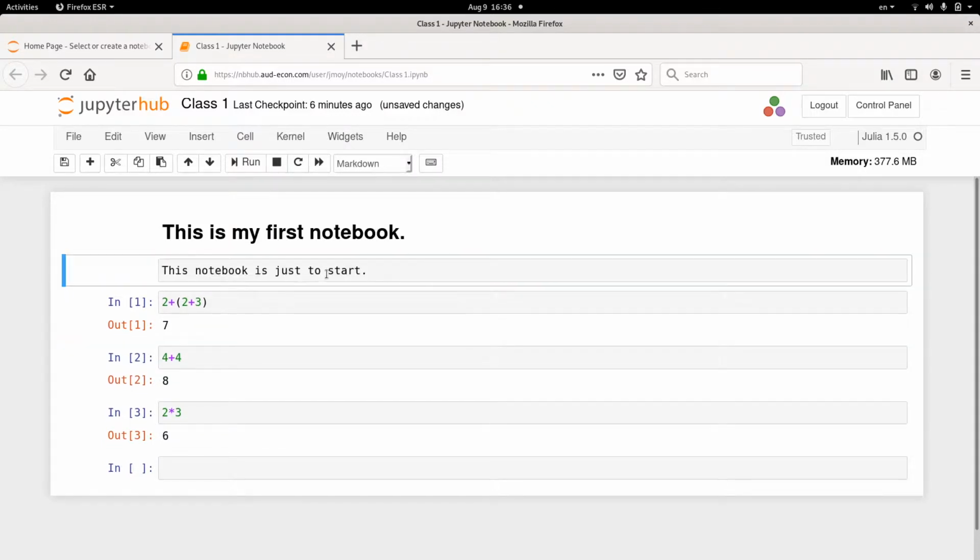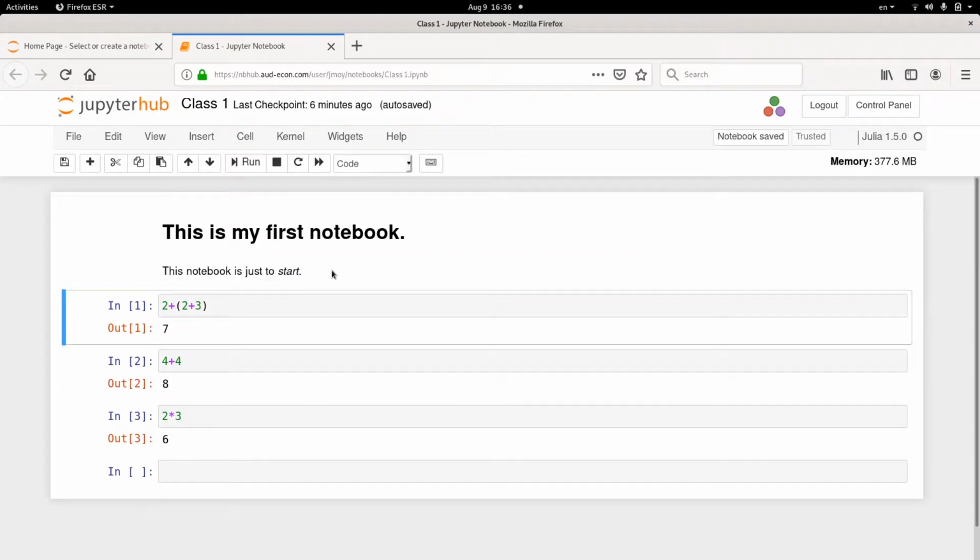So go to Wikipedia and look up markdown, and that will tell you all the kind of codes that you can use. So say put a star against start. Then it will become italicized. And the good part is that later on we'll see how once you have built up a notebook, you can export it to Word format or PDF and so on, and get a ready-made document that you can publish. Okay. So the notebook itself can be run only when you have Jupyter and you have the appropriate kernel, in our case the Julia kernel. But the notebook file can be converted into a document just for reading. Okay. But for the timing, let us save this and close it.